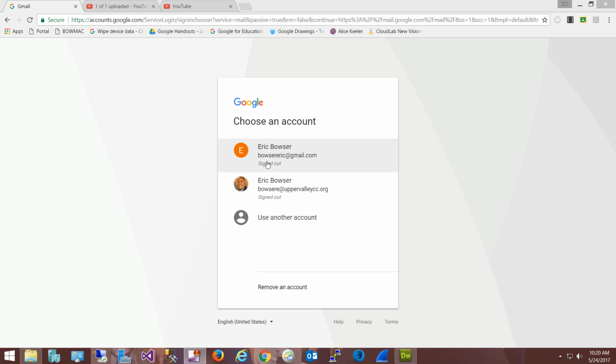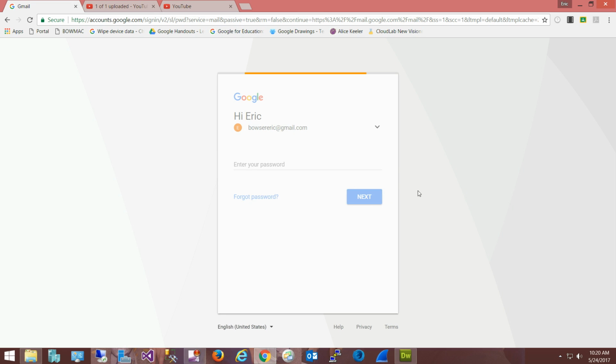So in order to show you that, I'm going to use my personal Gmail account, only because our @uppervalleycc.org Gmail accounts are not fully enabled yet, and so until we make that switch over, I can't really send mail out of there. But I can go ahead and use my Gmail account to demo it because it has the same settings. So again, logging into my personal Gmail account,